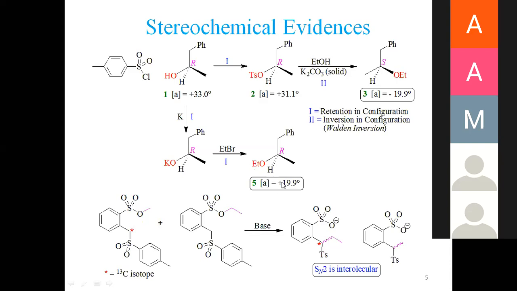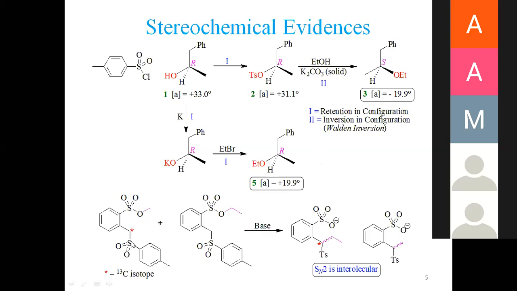Enantiomers always have, if we have the same concentration of these solutions, totally opposite optical values. They have the same magnitude, but opposite sign. If this is levorotatory, this is dextrorotatory. So this is the only relationship that we observe: two enantiomers always have opposite optical sign, but their magnitude is the same if the concentration of the solution is the same. All right. So this is the only relationship that we can find. This is what we call inversion in configuration.